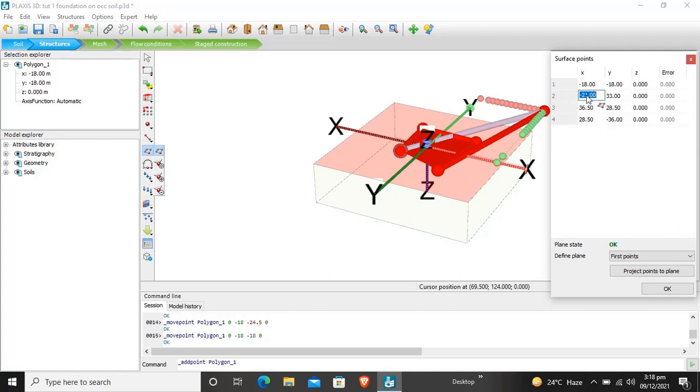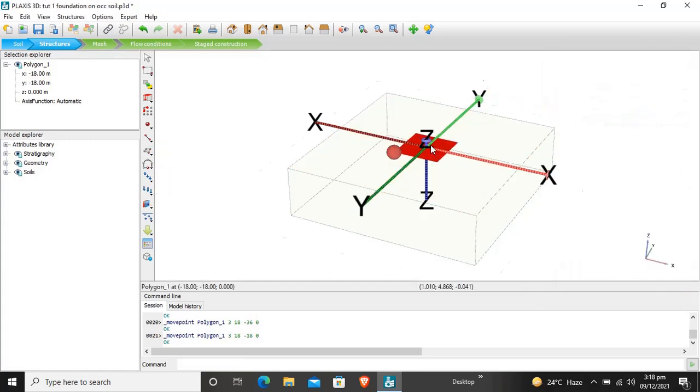Now second point, I have x minus 18 and y 18. Now third point, positive 18, positive 18. In 4th point, positive 18 and negative 18. So okay, now this is our surface.